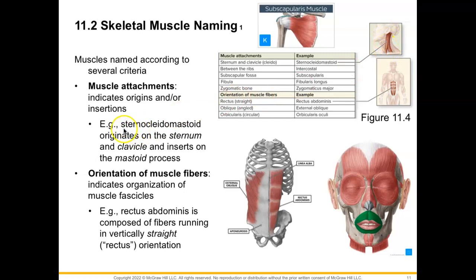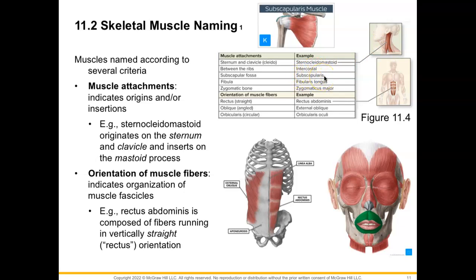And if we break the term sternocleidomastoid down, sterno is in there because this muscle originates from the sternum. Cleido is in there because it is also going to originate from the clavicle. And the mastoid portion is in there because this muscle goes and inserts onto that mastoid process behind the ear. Some other examples would be intercostal, which means between the ribs,